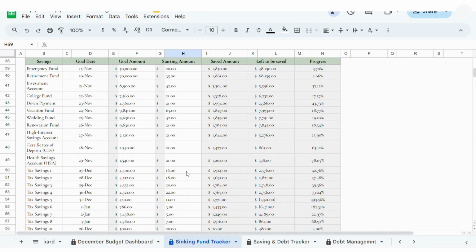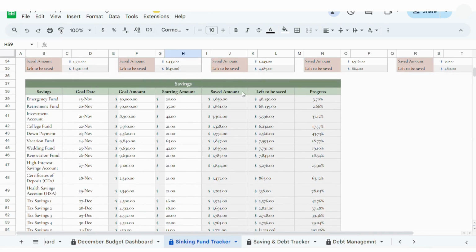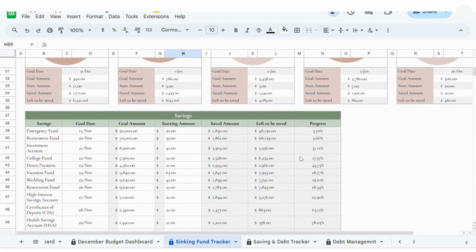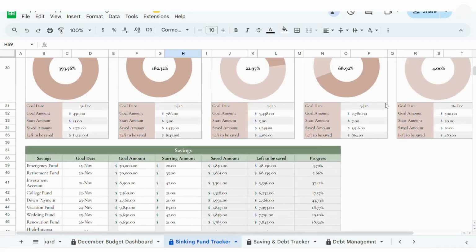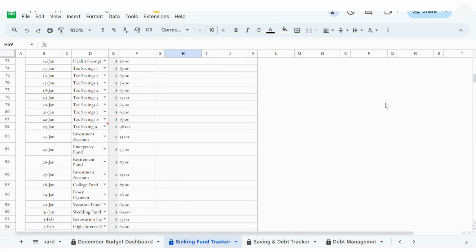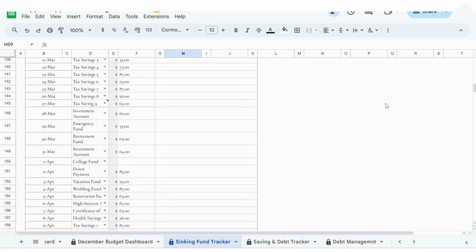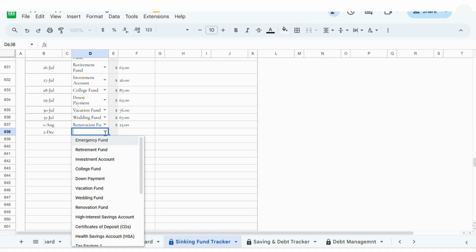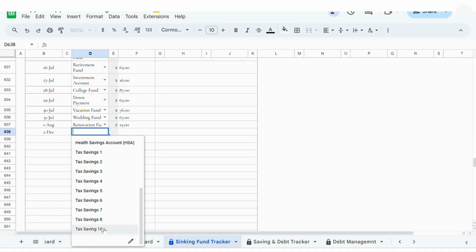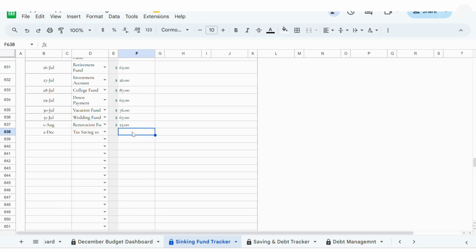So here you can see it will automatically get updated in saved, left to be saved, and progress. As you can see in the last tab here, I have only saved 4%. So suppose I have entered money in this tab. Suppose on 2nd of December I enter a tax saving income of